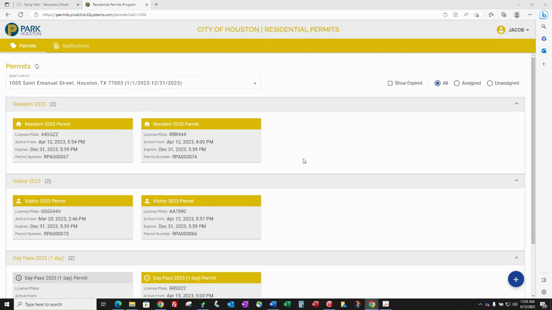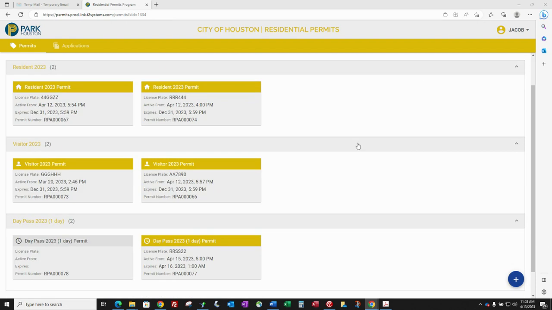So in addition, on this screen, we also see a few filters in the top right portion of the layout. Currently, that first filter is set to all. So what this does is this brings back all active permits, regardless of whether a license plate is linked to the permit or not. So currently we see that there's actually one permit that does not currently have a license